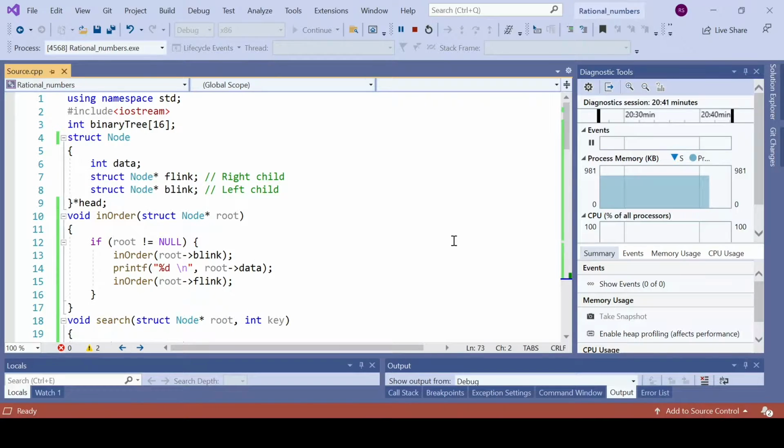I'm now going to demonstrate the program for binary search tree. So we just discussed in the class that a binary search tree is a binary tree having some special characteristic: all its left children have to be less than the parent node, and all the right children have to be greater than the parent.